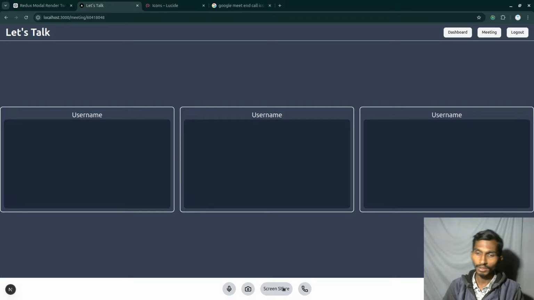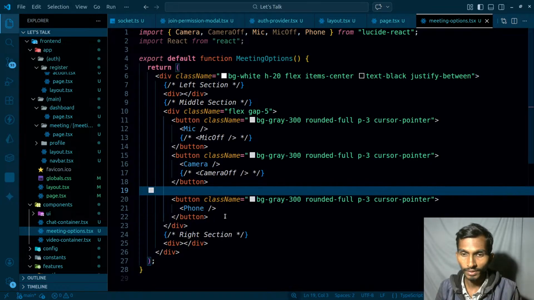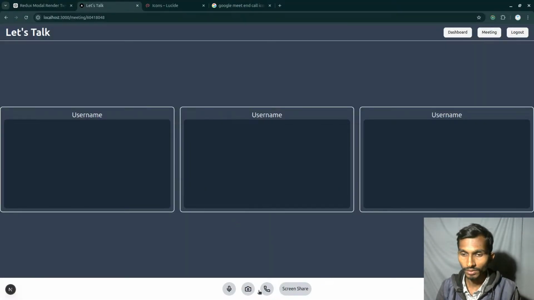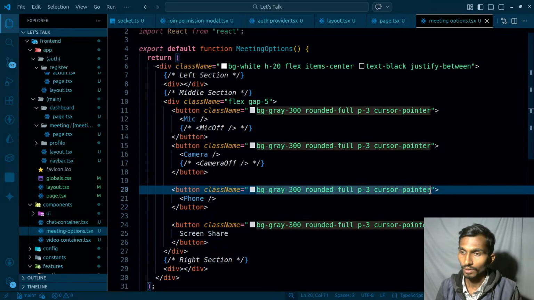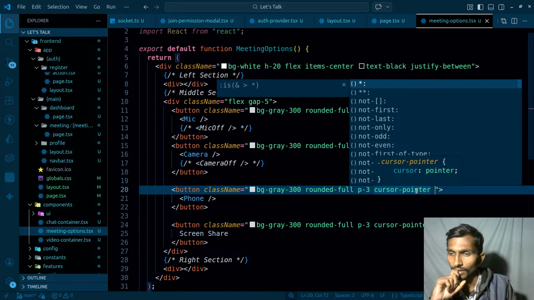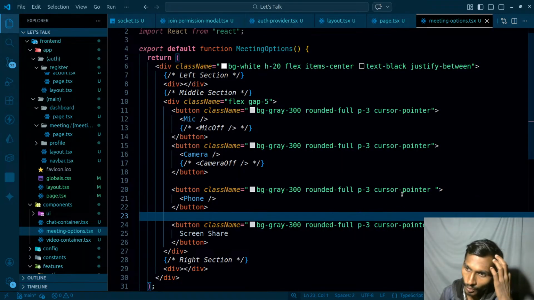As for this share screen, I'm going to keep it at the end so that I don't really have it here. So Control X, and this share screen is going to be somewhere at the end, like this. And as for this end call, what can I do? Can I just remove it a bit? Is there any property? So what do I have to do? I have to change the